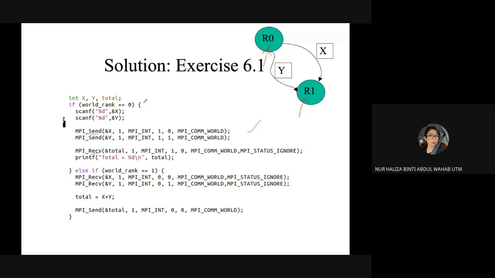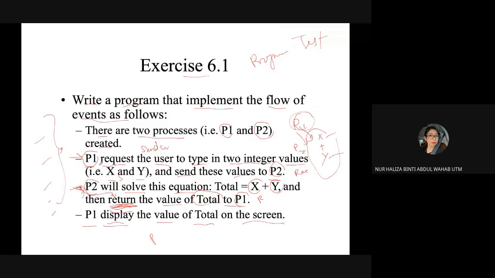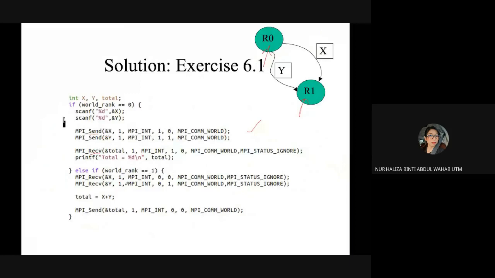So you have two values. One of the values, which is the one that you will key in, you will declare the values, which is whether it is X and Y. So you need to scanf, whatever you key in.